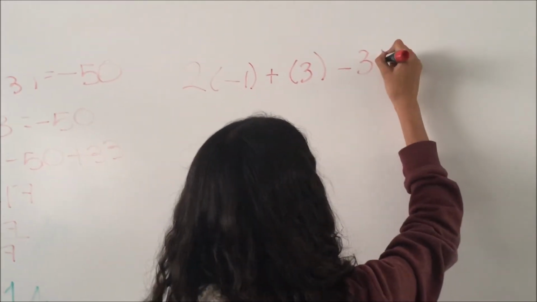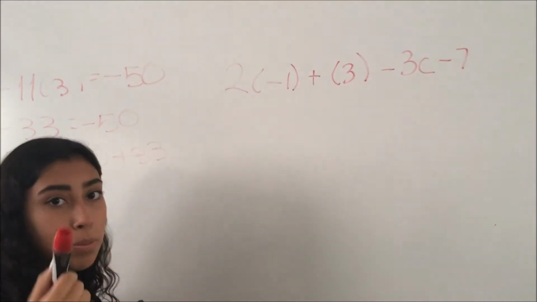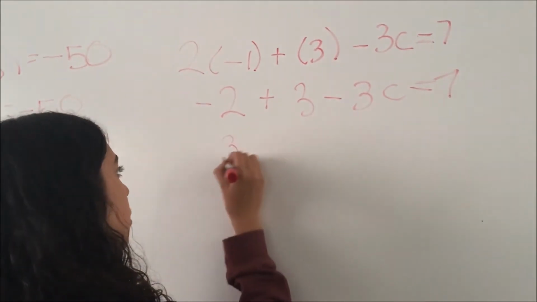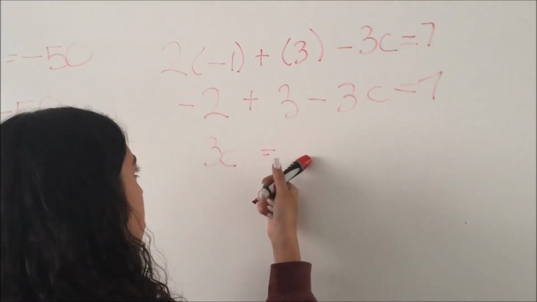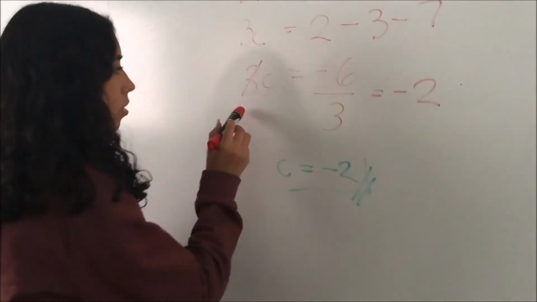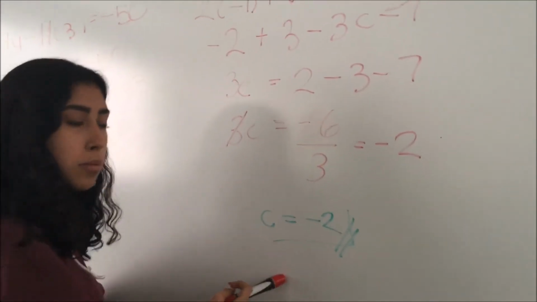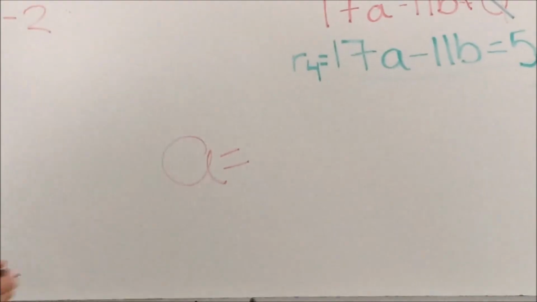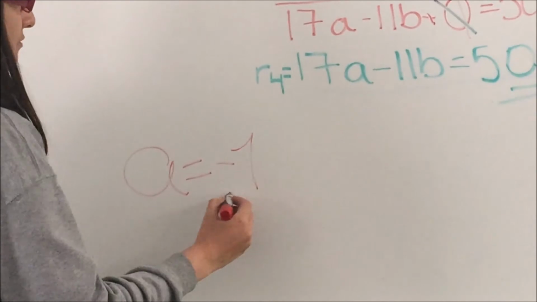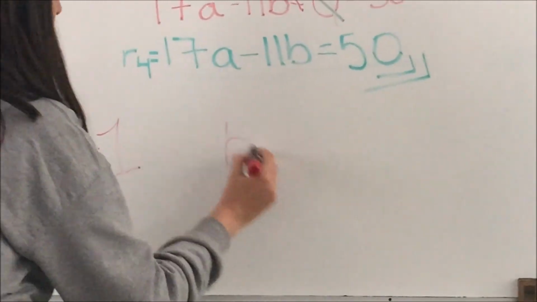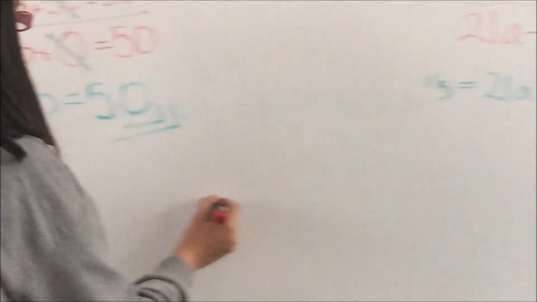So we're just going to put the rest of the equation and substitute it and multiply it. We're just going to put this, and we're going to send the numbers to the other side. Okay, so now we solved the equation and we got C equals to minus 2. So the answers would be A is minus 1, B is 3, and C